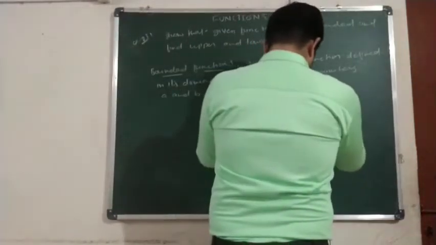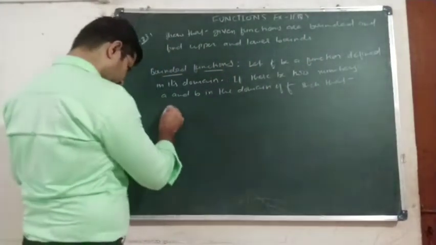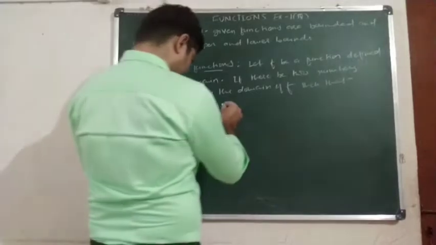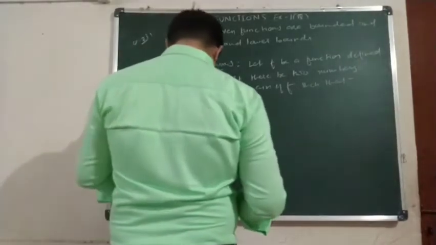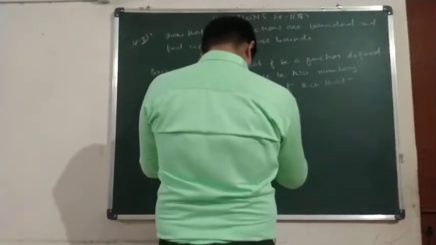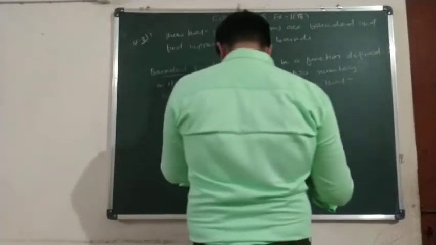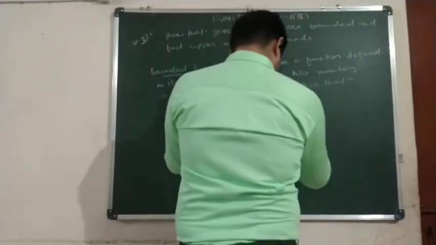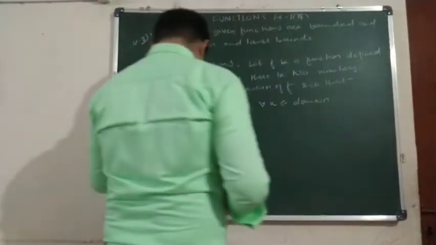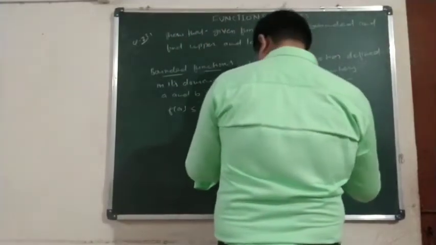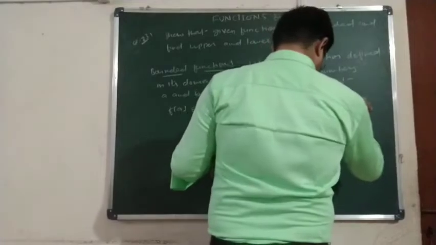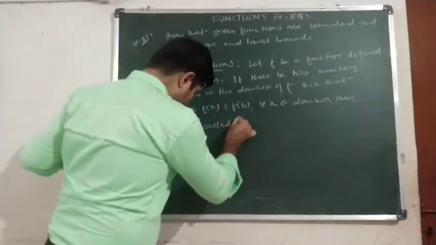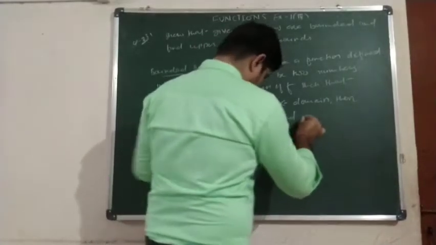okay, such that f of a is less than or equal to f of x is less than or equal to f of b, for all x belongs to domain, clear, then f of x is called the bounded function